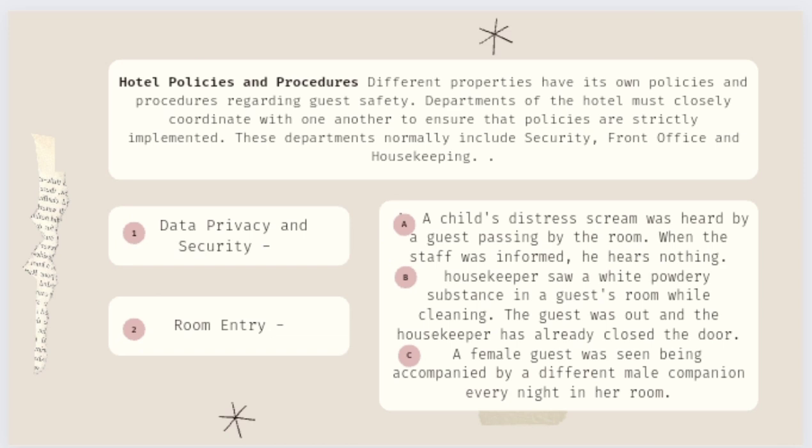1. Data privacy and security. To stay competitive, hotels make use of websites to introduce and market to potential clients. As a form of payment, hotels encourage the use of credit cards for settlement. Using such makes the guest data vulnerable to cyber criminals. This is one of the current concerns of the guests with a lot of online scams reported every day. To address these issues, hotels create comprehensive strategies such as securing software and eliminating the risks to data privacy and